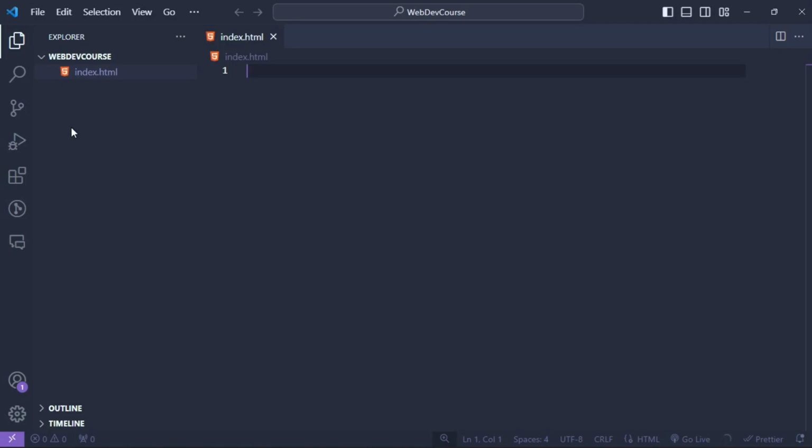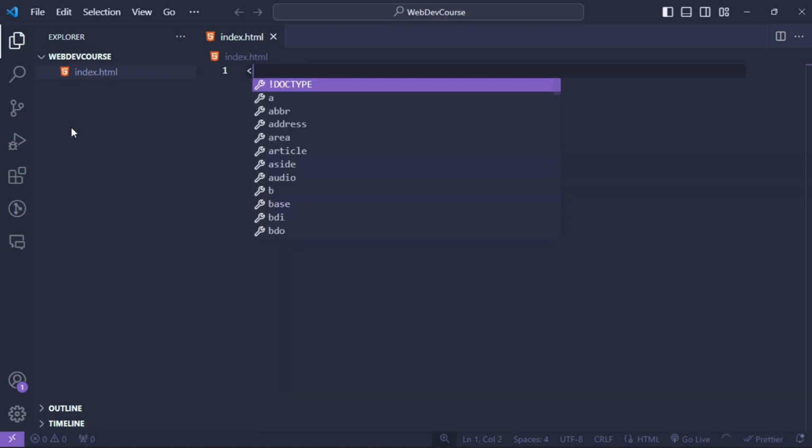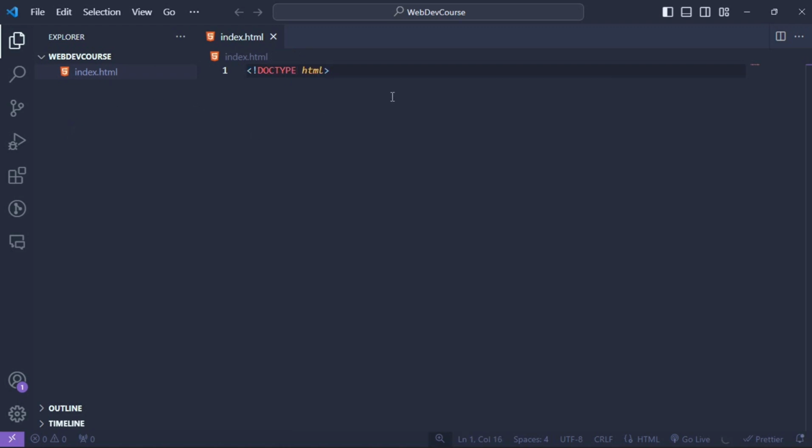Alright guys, since we've learned how to implement the tag syntax, we need to start writing the HTML tags correctly. So we're going to start with the document type first. What we need to do is type our less than angle bracket, exclamation, then doctype. It's actually bringing the suggestion for us because of the Emmet extension that is pre-installed